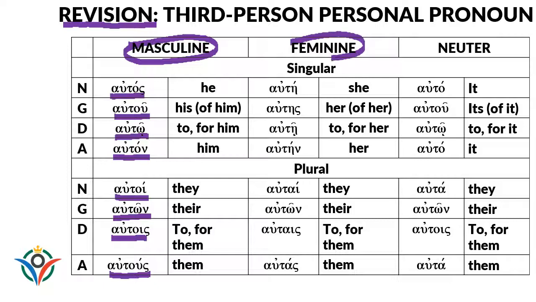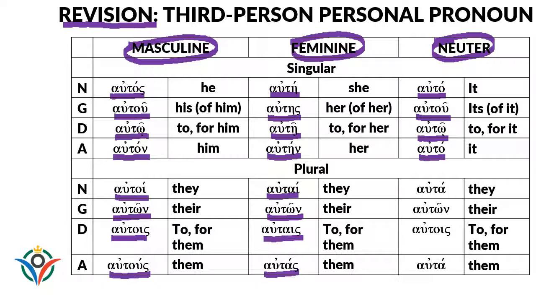And then the feminine genders, the singulars, we have autē, autēs, autē, autēn. The plural forms, autai, autōn, autais, autas. And then the neuter genders, the singular forms, we have auto, autou, autō, and auto. And the plural forms are auta, autōn, autois, and auta. Alright, so now that you have been reminded of the third person personal pronoun, let's take a look at the